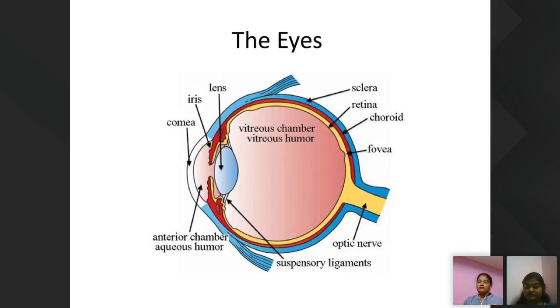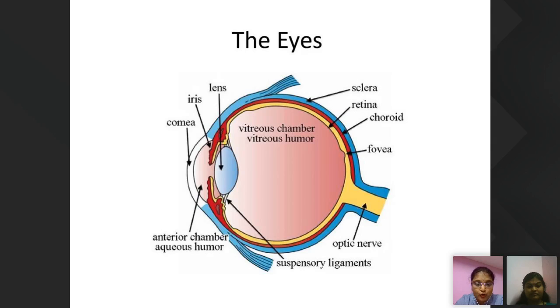Okay, before getting into why we do exercises for this computer vision syndrome, you have to be oriented towards the normal structure of the eye and some of the pathomechanics and pathophysiology of the eyes. So this is the cornea. The outer layer is the cornea, then this is the sclera. The outer layer is the cornea and the sclera.